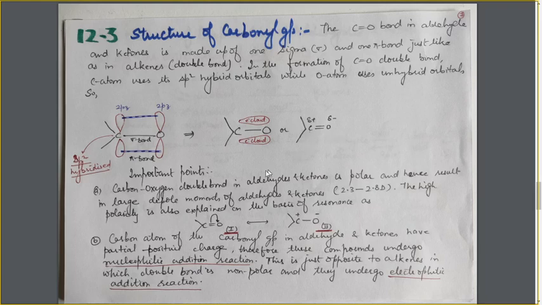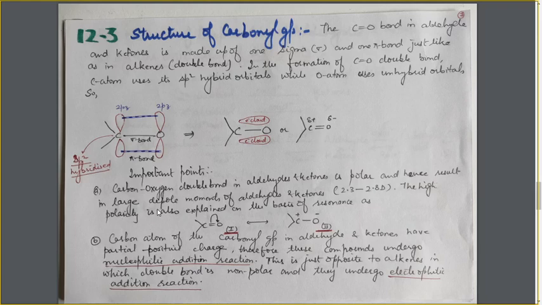Now this structure leads to some important conclusions. Let's see one by one. First, the carbon-oxygen double bond in aldehydes and ketones is polar in nature. Just as we have seen here, it is polar due to the difference of electronegativity. Hence,